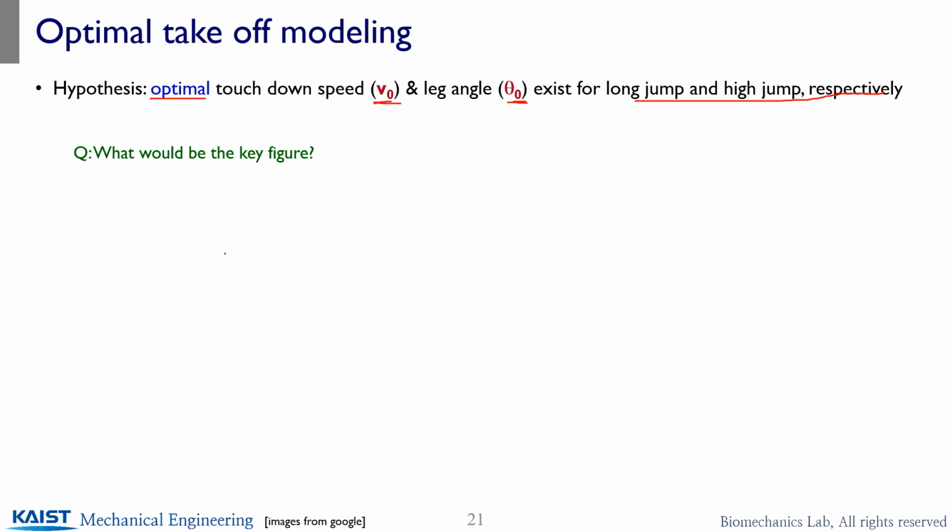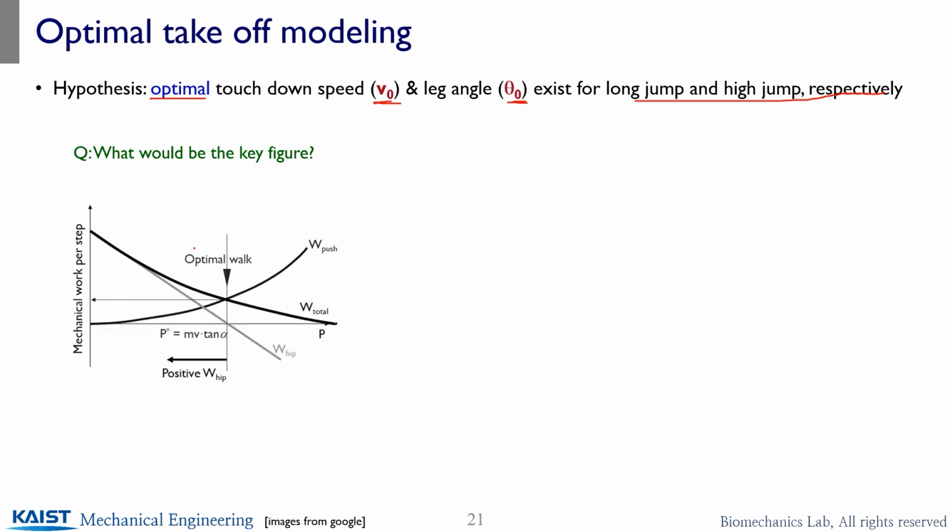So optimal here means that, usually when we are doing the analysis, students or researchers talking about the optimal value are sometimes referring to the best result from trial and error. Suppose you have many parameters that you can vary, and by varying some of the combinations, you find that some values give you the best results. That's what they call optimal. But here, I'd like to say that the optimal is more like the global minimum or maximum